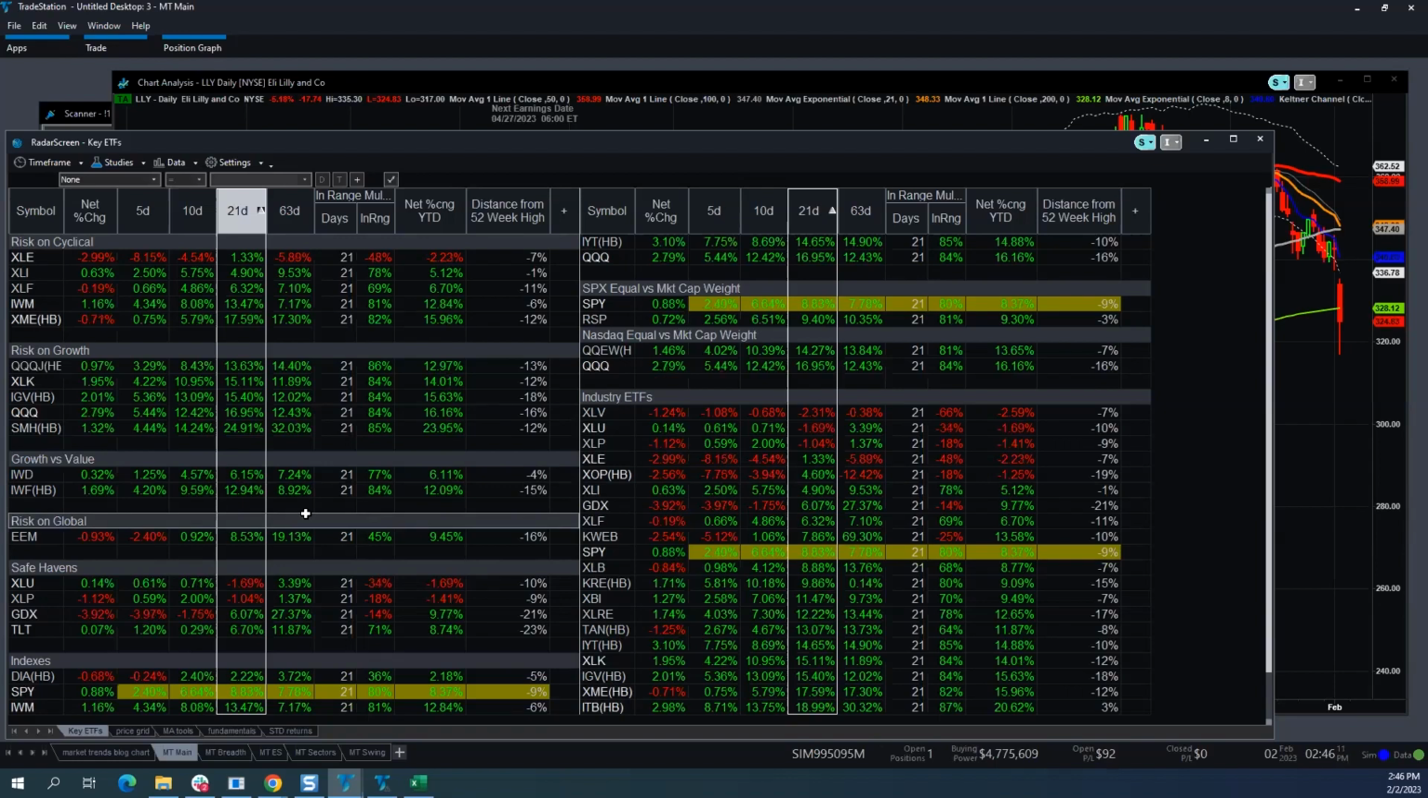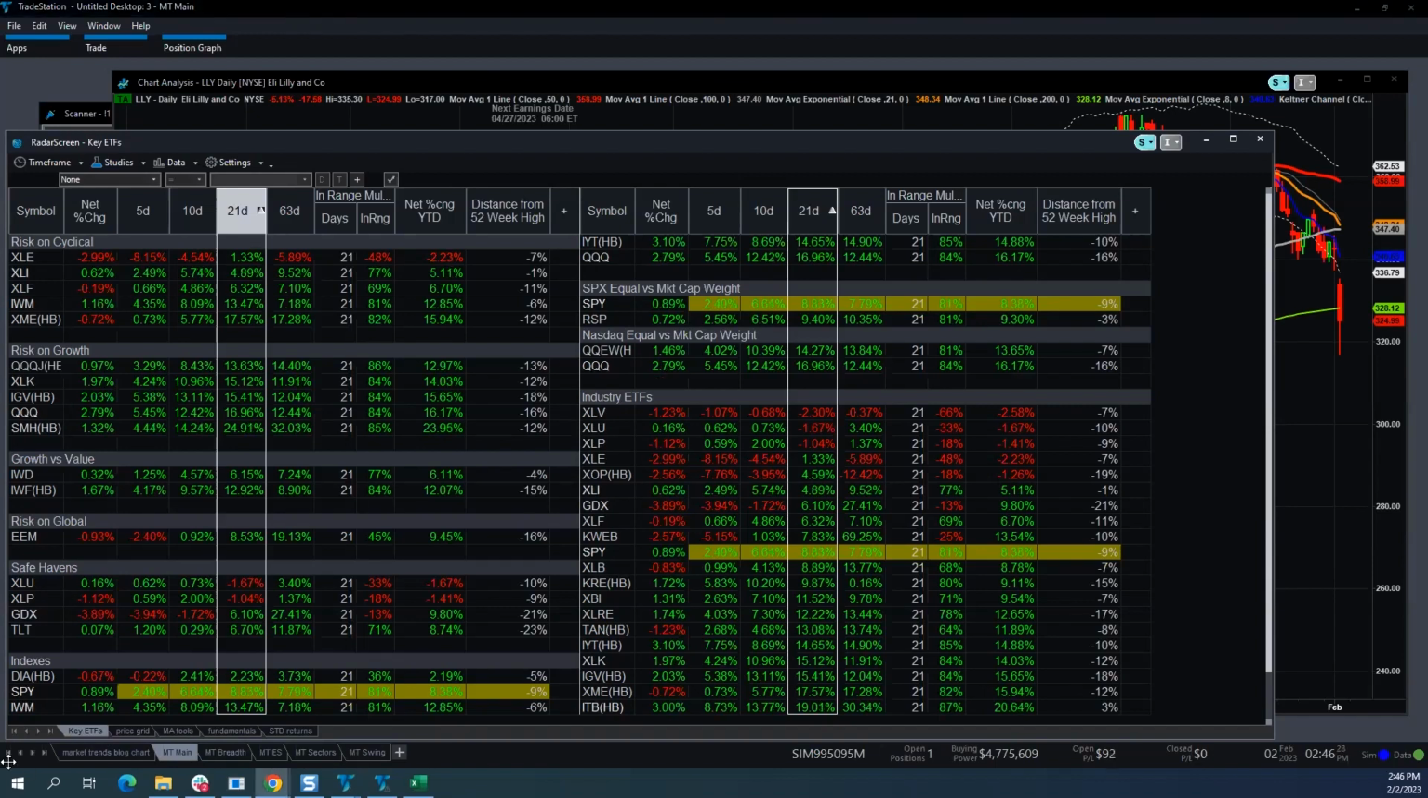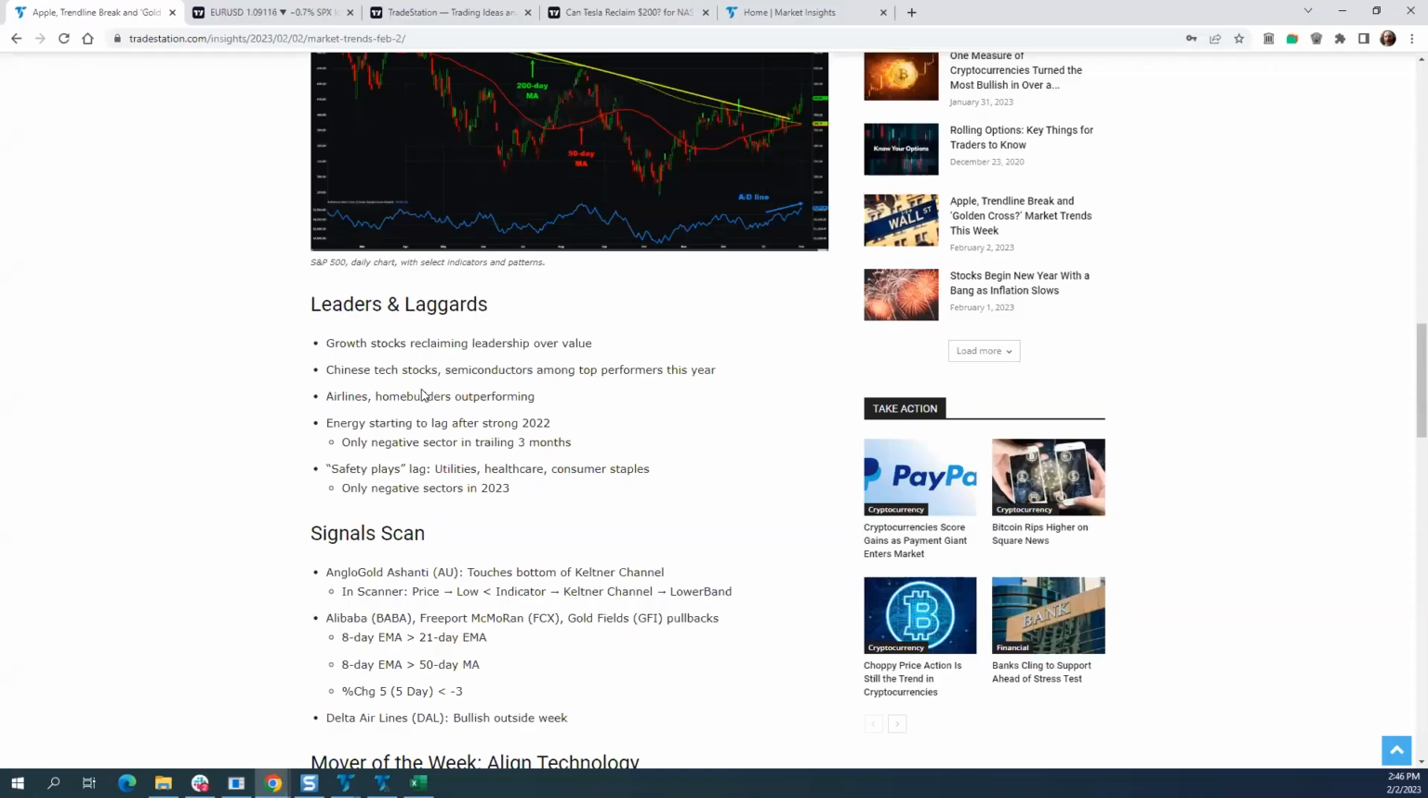How do you get the key ETF screen? All right, you want to be looking for the MT main workspace, and then there's something called key ETFs. So I have a series of workspaces here. Ask me again in a couple minutes if you don't figure it out before I end the webinar, and I'll make sure you know how to do it. Okay, so